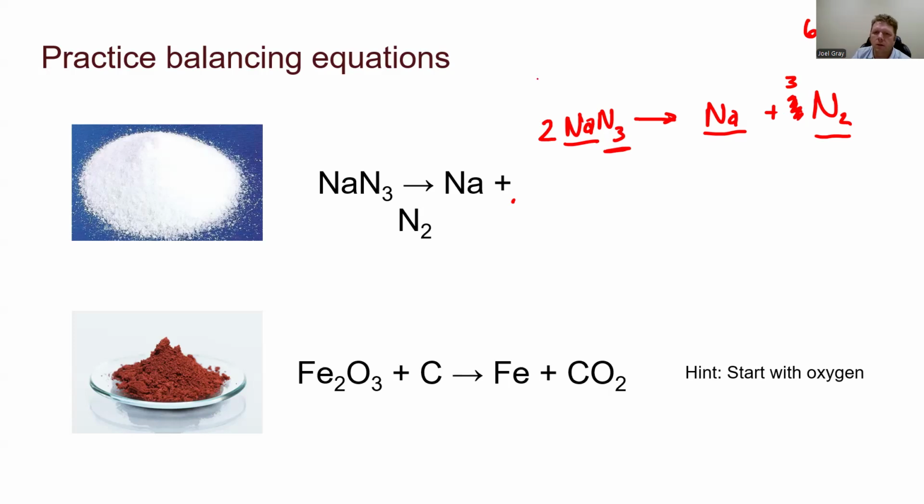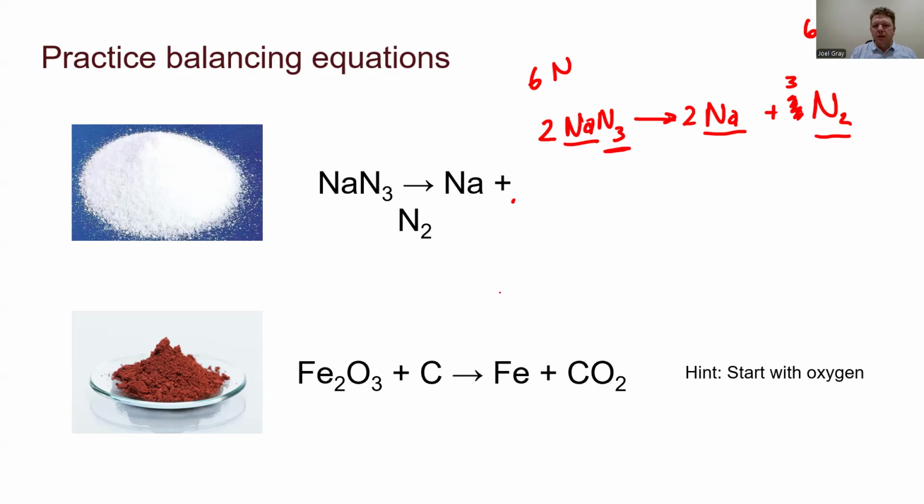Six nitrogens. Okay. Does that throw off my sodiums? It does. Is that a problem? It's not. Okay, so that chemical reaction right there is balanced. Now, this next reaction,